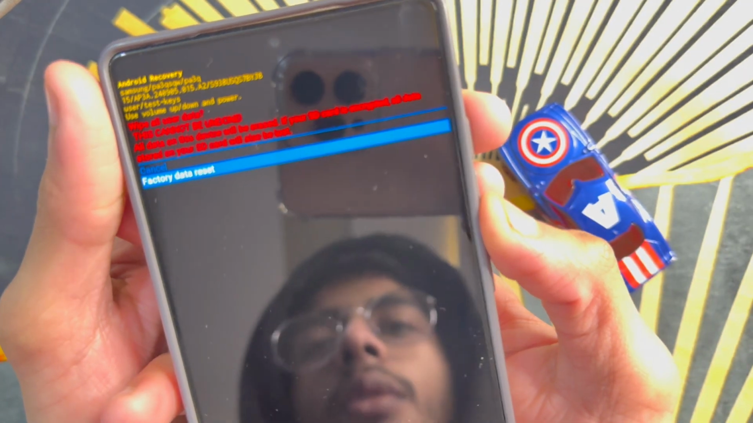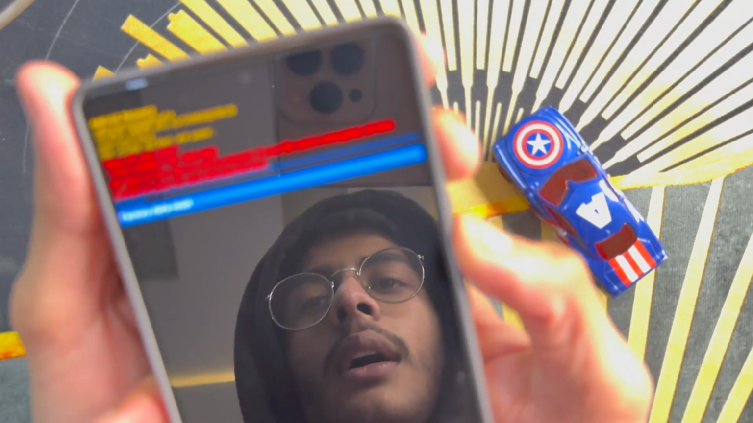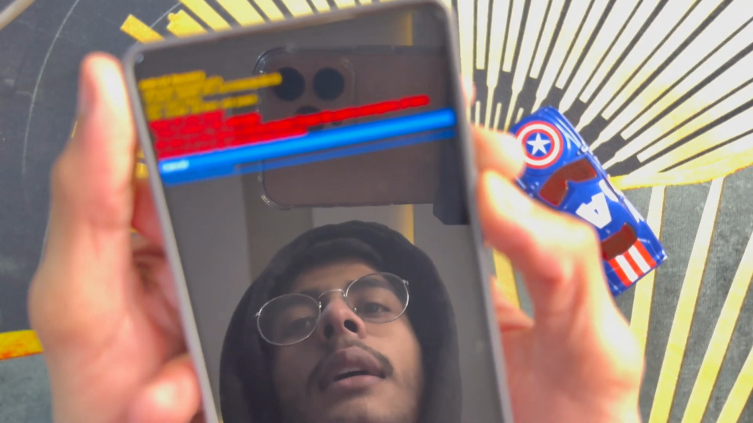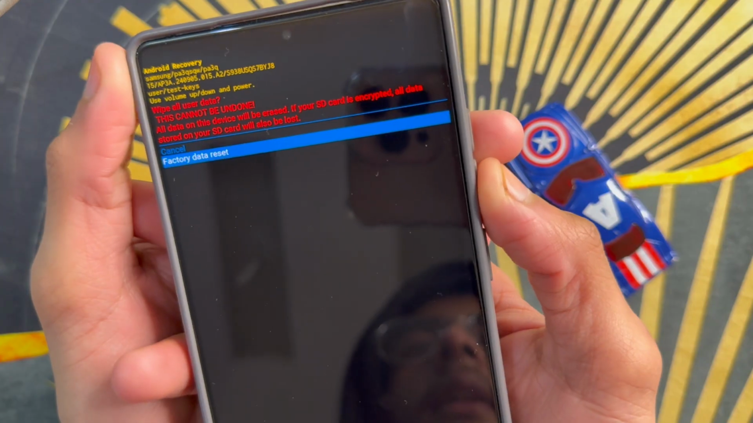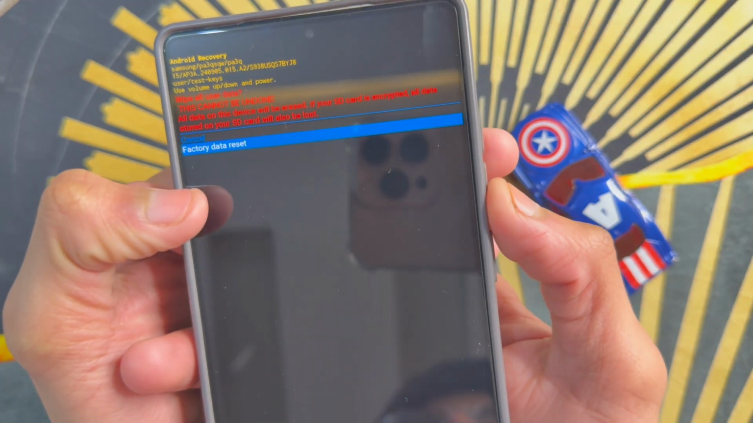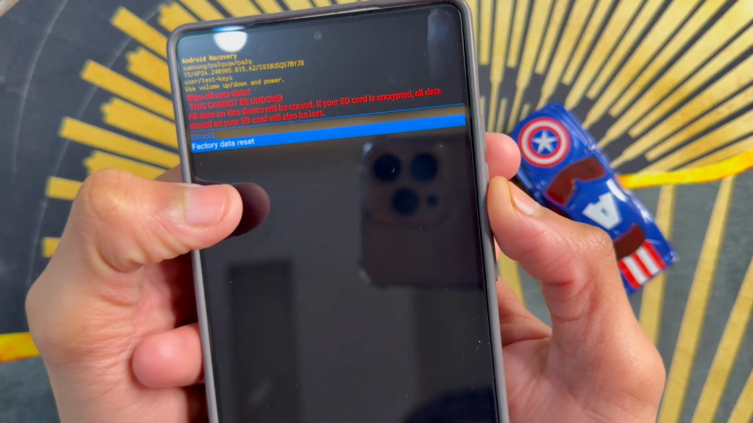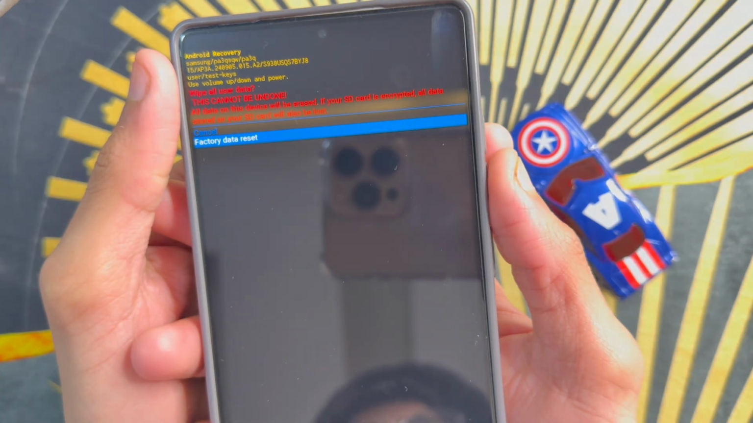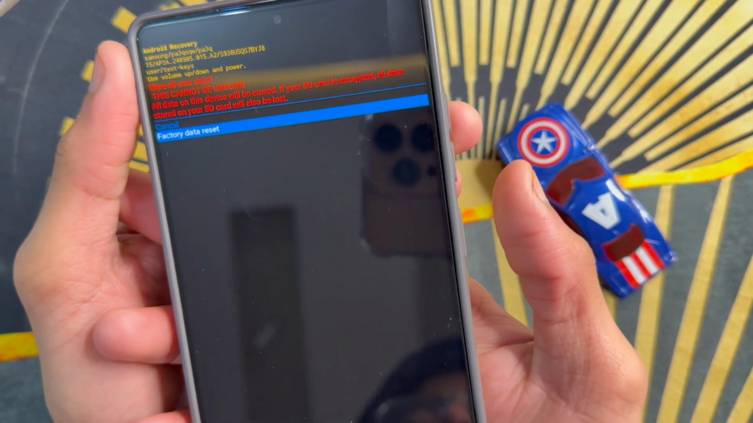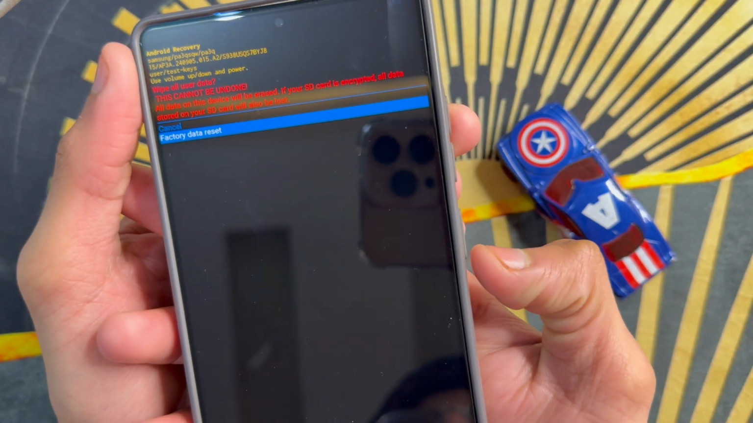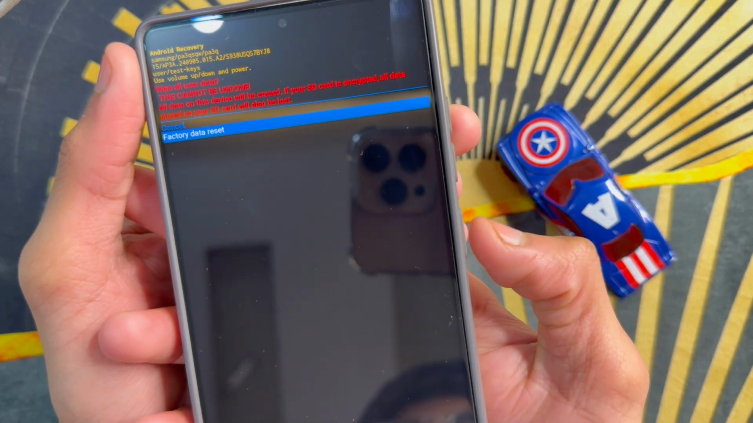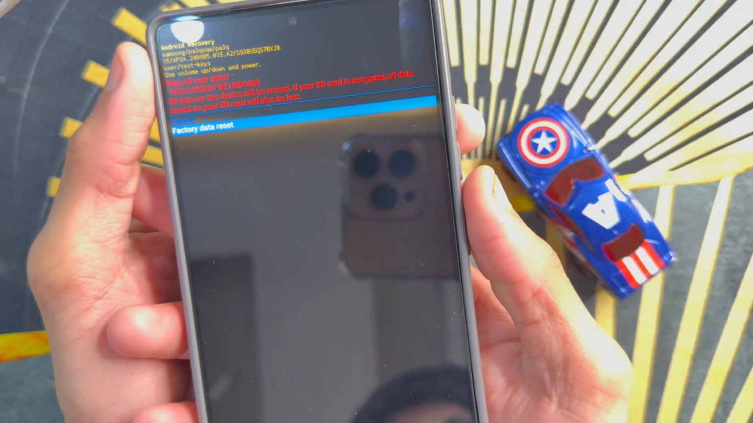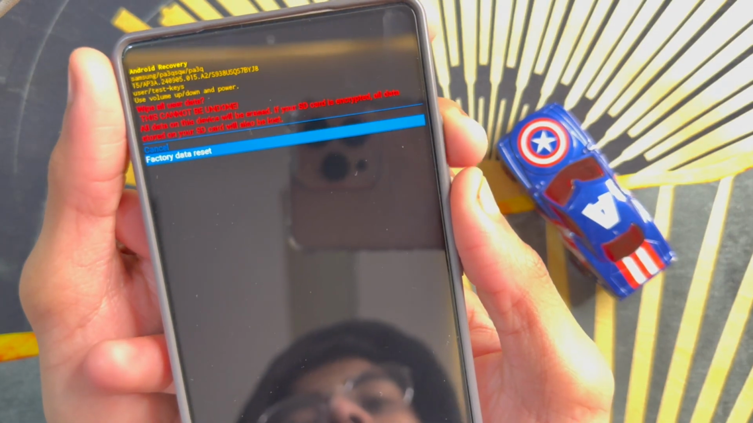So if you want to reset factory data, click on the volume down button and you will see factory data reset is here. So if you want to reset factory data, now click on this power button. After clicking on this power button, you will see factory data reset is